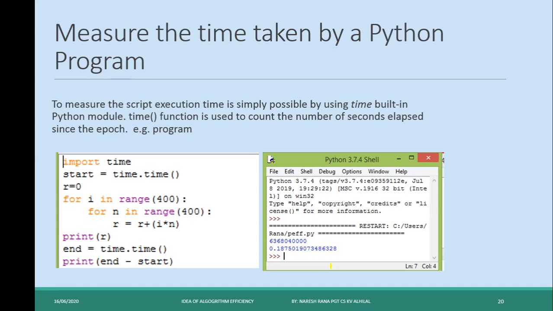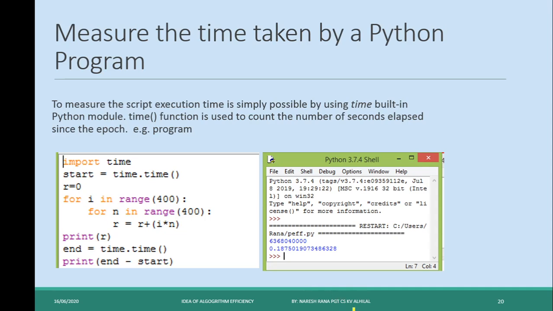Now, measuring the script execution time is simply possible by using a built-in Python module. The time function is used to count the number of seconds elapsed since the epoch.